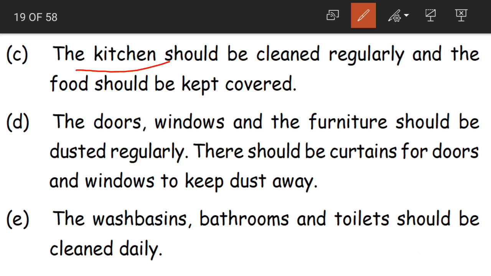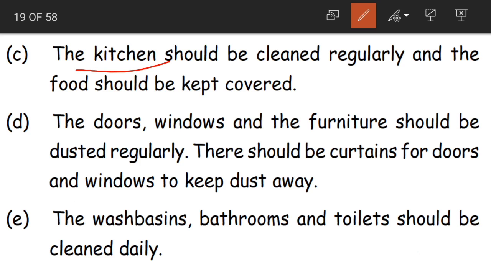Then how can we maintain the quality? We'll get all the fruits and vegetables from the market and we'll cook them. But if they are not covered after cooking, then we can have cockroaches or mosquitoes or flies flying on the food. So what happens?